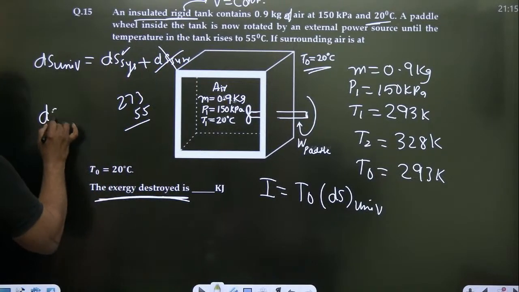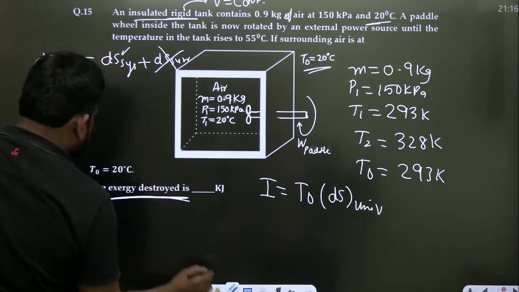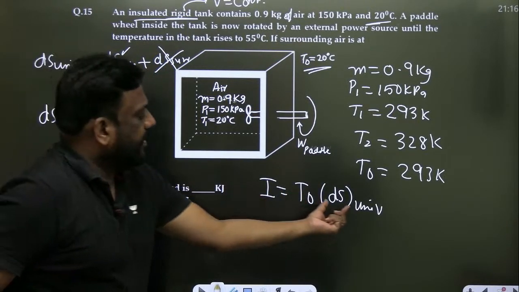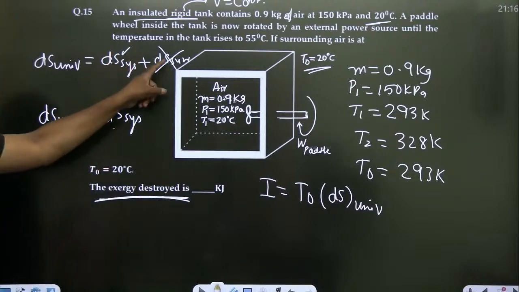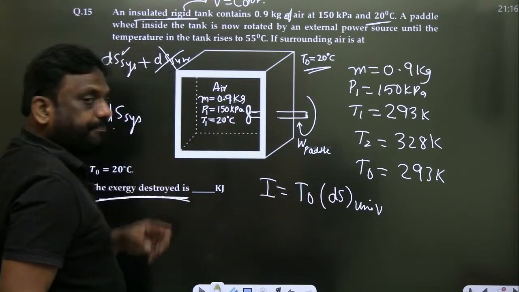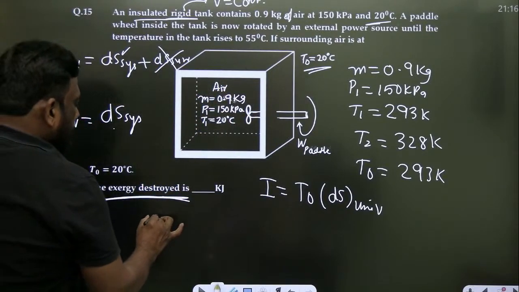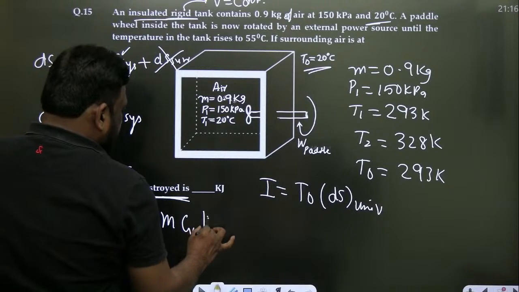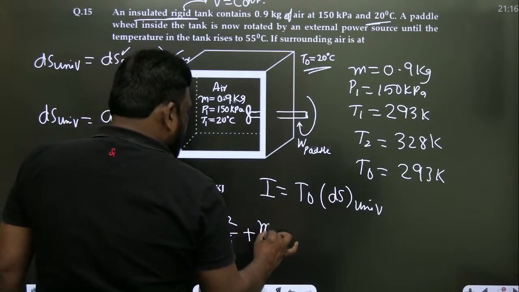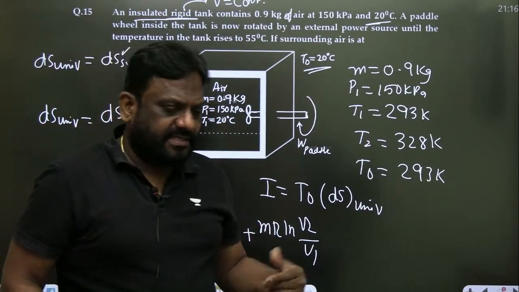So if you want the entropy change of universe in this problem, it will be surrounding is zero, it will be equal to system only. सिर्फ system का calculate करो. Universe का मतलब यहाँ पे system plus surroundings, but surrounding is zero, therefore it is system. चलो यहाँ पे system ही आएगा. T naught is given, calculate करो. How do I calculate? The system is undergoing constant volume process. देखो सर, MCV ln याद है आपको? T2 by T1 plus MR ln V2 by V1. Hope you remember this. I have given you 3 equations for ideal gas. क्या ये equation सही है सर?